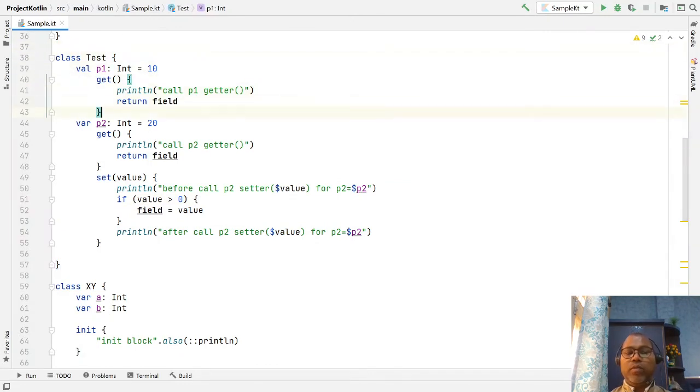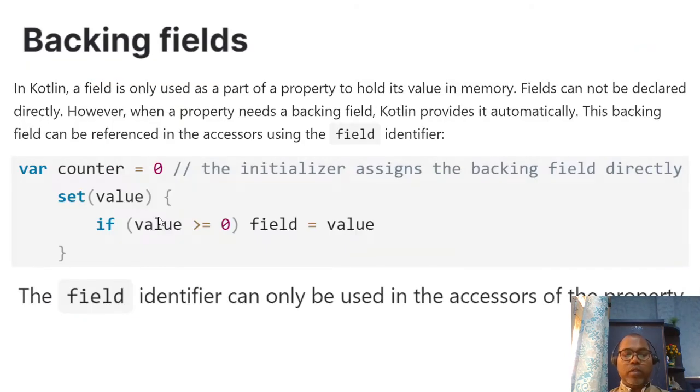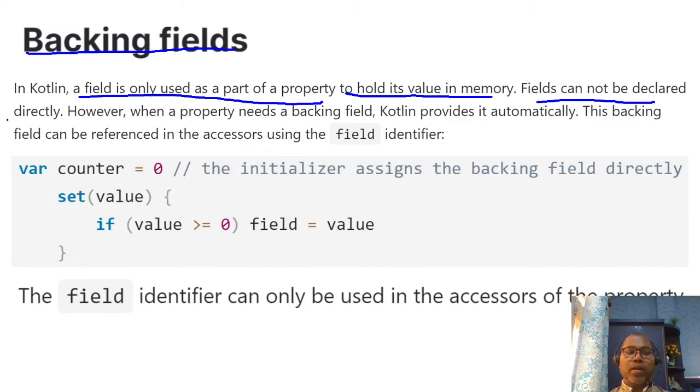And here is one concept, this is the field. What is the field? This is known as your backing field. The Kotlin field is only used as a part of your property to hold the value in memory. A field cannot be declared directly.